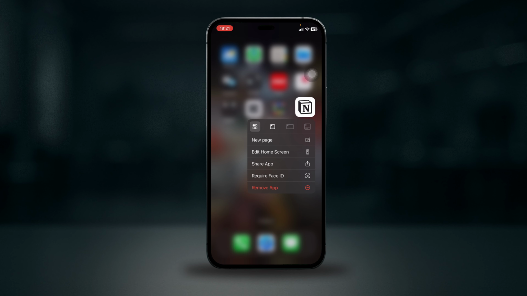I'll be showing you guys how to fix the Notion "you do not have access" error and recover your page fast. First of all, if you're seeing "you do not have access" in Notion on iPhone, here's how to get your